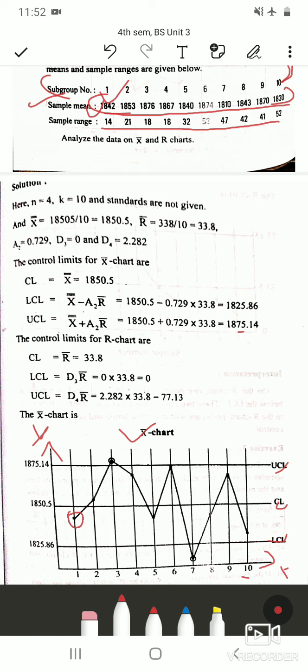Now for this you can take scale as, for Y axis 10 centimeters starting from 1800, 1810, 1820, 30, 40, up till I think highest value is 1875. So if you take up till 1880, that is fine. So middle lines you can count and you can mark. It is very easy. So go on marking the points.